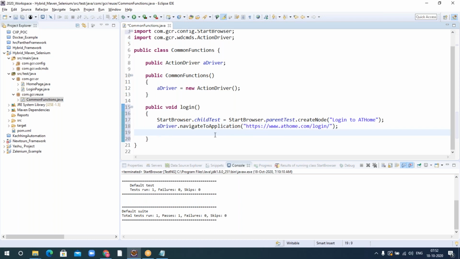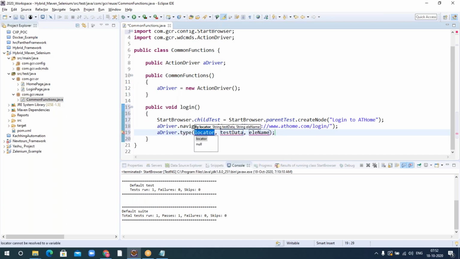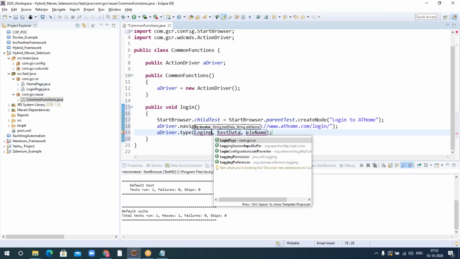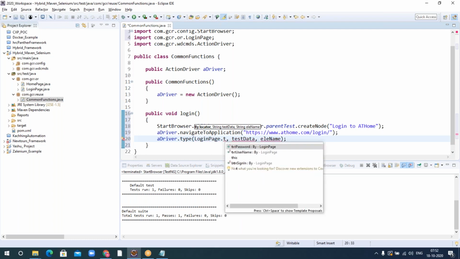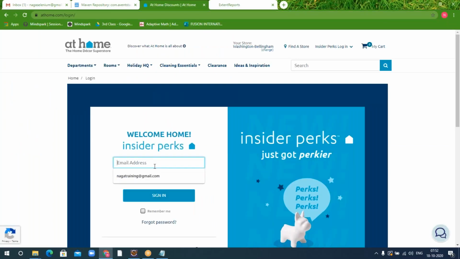So the next step is again driver dot type, because I'm going to type a username. If you see, username is available in the login page. So login page dot txt username. And what is the test data? Nothing but my email ID, that is nagatraining@gmail.com.